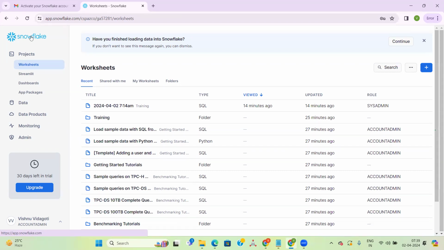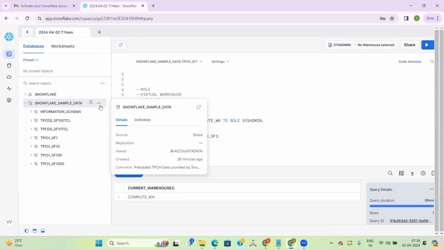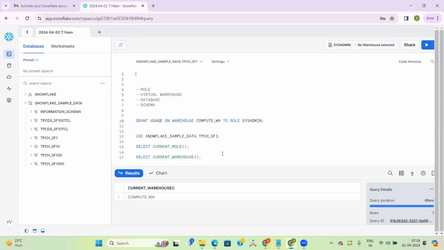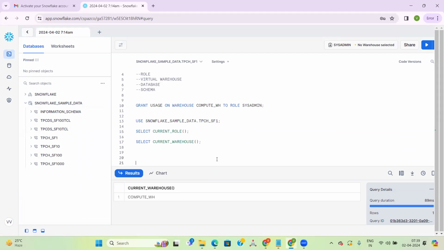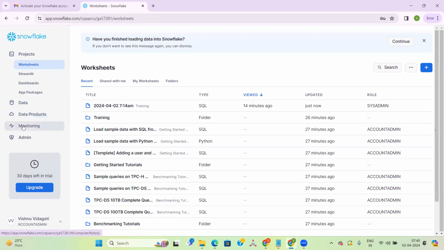Yes, sir. I have a couple of questions. Yeah, tell me. Just a while ago, you showed us the query history, right? Can we run the queries from the query history itself? Whenever we have some big query, can we go to the query history and rerun from there itself? No, you should not do it that way. Instead, what you are saying is like,